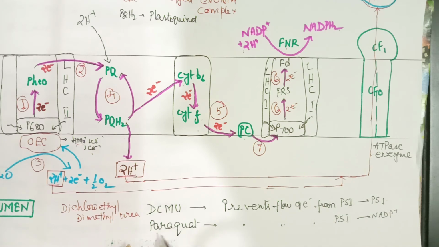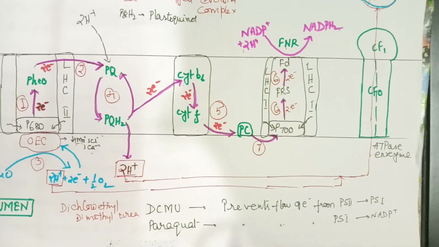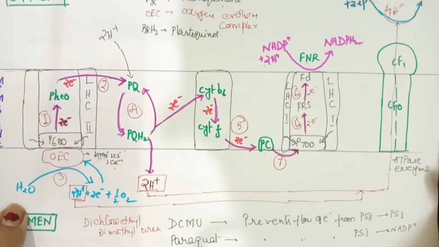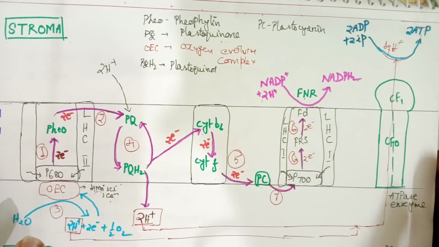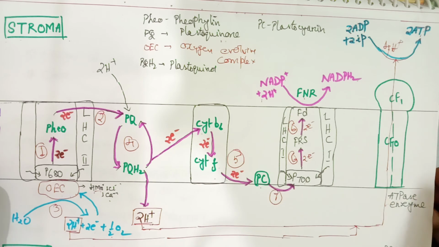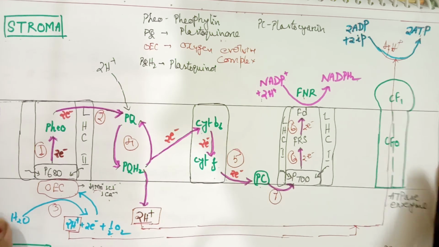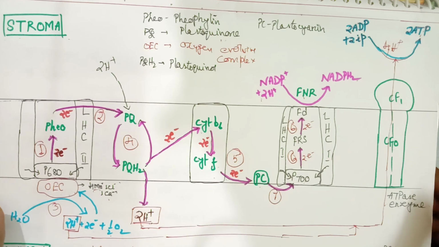There is another weedicide called paraquat. This also prevents flow of electron from photosystem 1 to NADP+. So these chemicals can inhibit non-cyclic electron transport, and thus they act as a weedicide. They can be used for killing the weeds. So with this, students, I conclude non-cyclic electron transport, and in my next video I'll be continuing with the chemiosmotic mechanism and how the synthesis of ATP can take place due to non-cyclic electron transport. Followed by, we will do cyclic electron transport also.